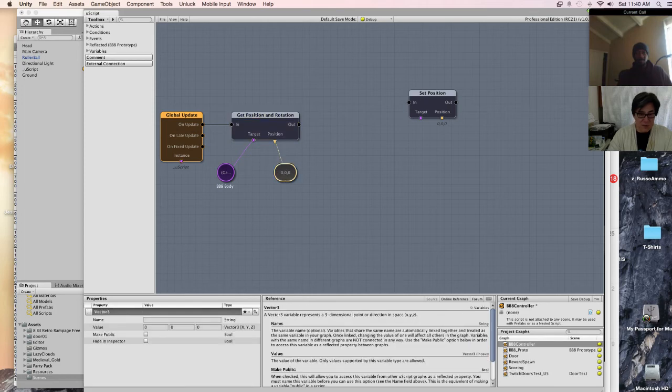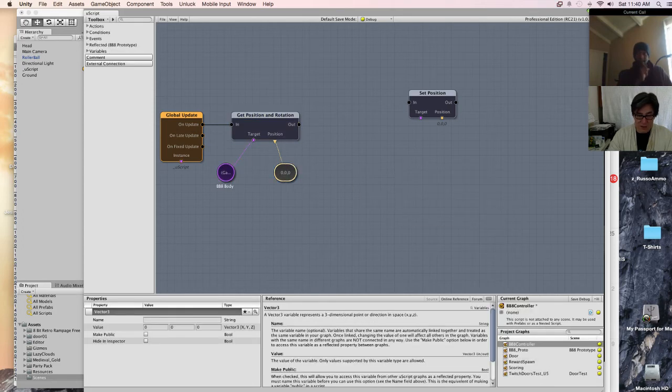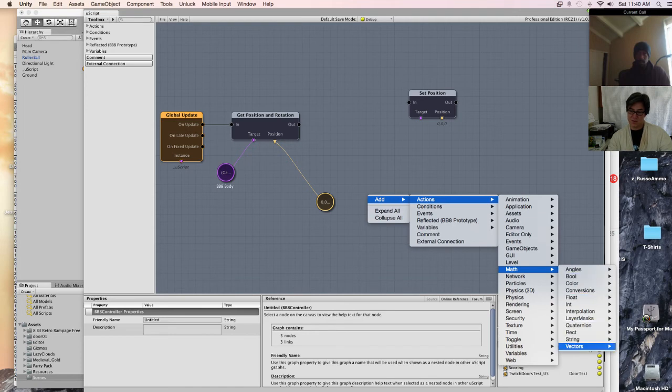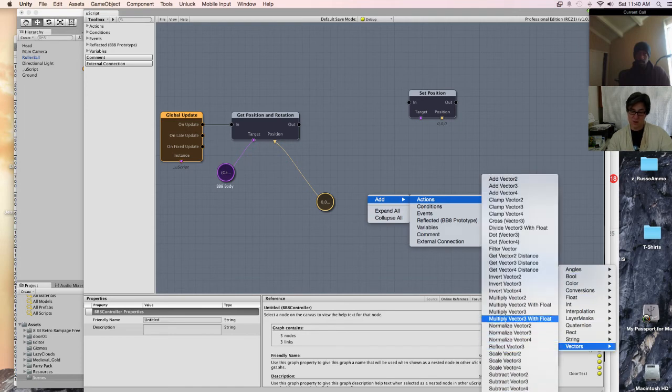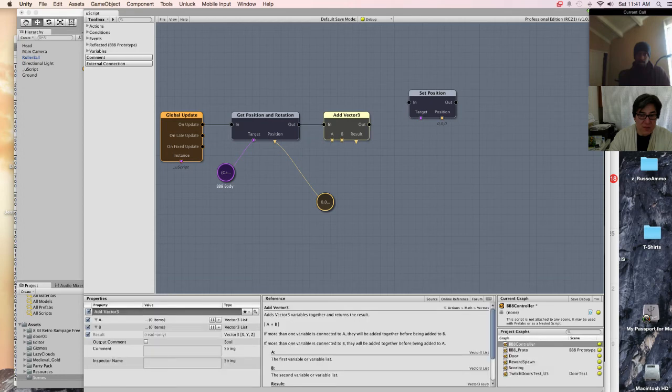Okay, so we're going to get the position of the body, right? And then what we're going to do is take this vector and add action, maths, vectors, add vector 3. Yeah, that should work. Okay, let's put this in here.